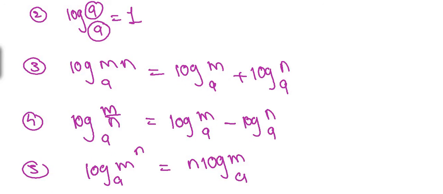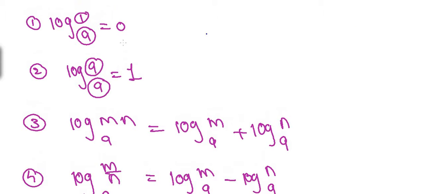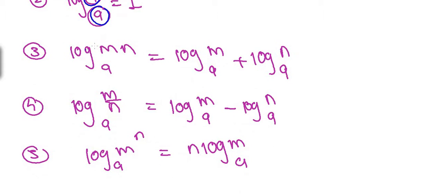Now whenever you will see log of 1, no need to check its base even. You can straight away write down that equal to 0. Now log of any number to the same base always equal to 1. When there is a log of multiplication, m multiplied by n can be expressed as sum of two logs, log of m plus log of n. So can you see, multiplication is converted into addition.